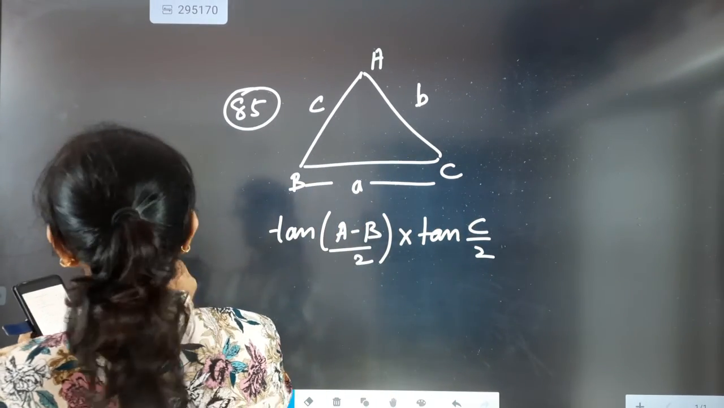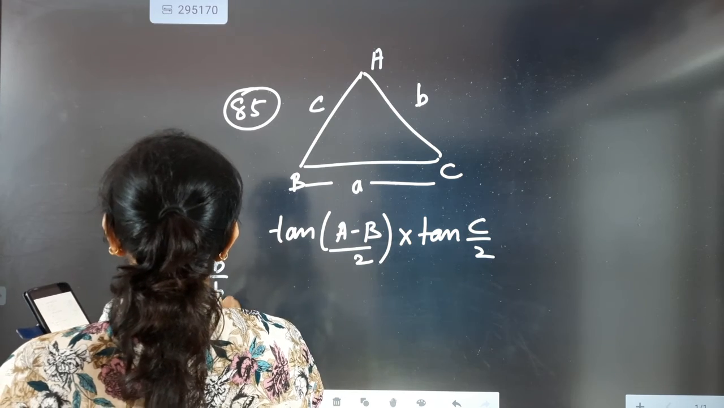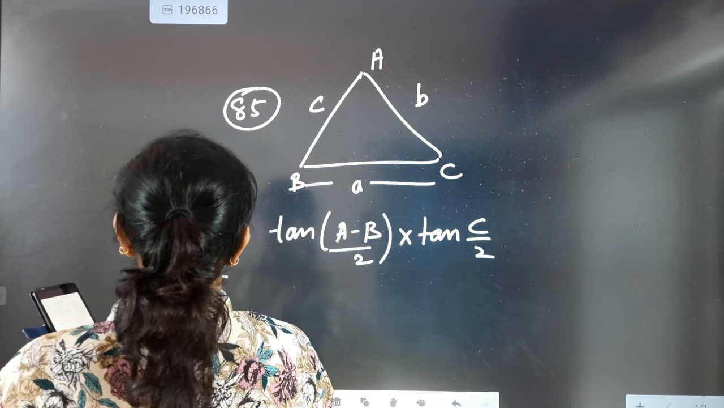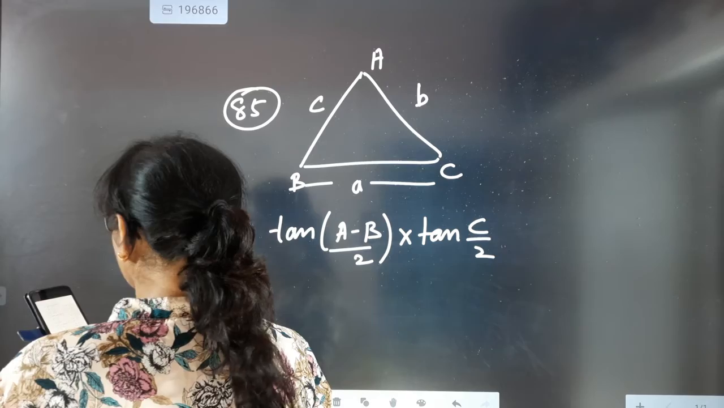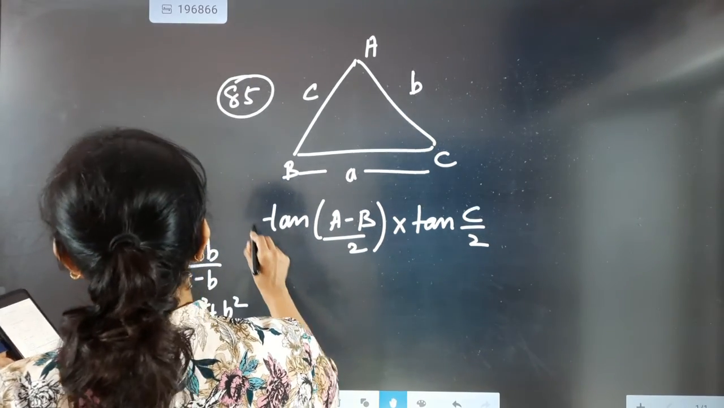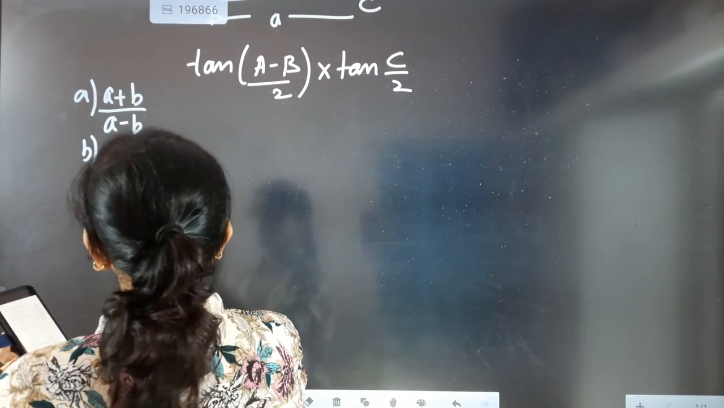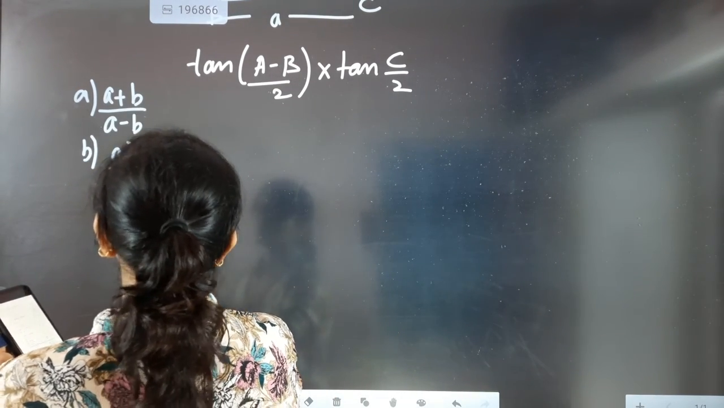So now the options given to you are: A plus B by A minus B; A square plus B square by A square minus B square; third, A square minus B square by